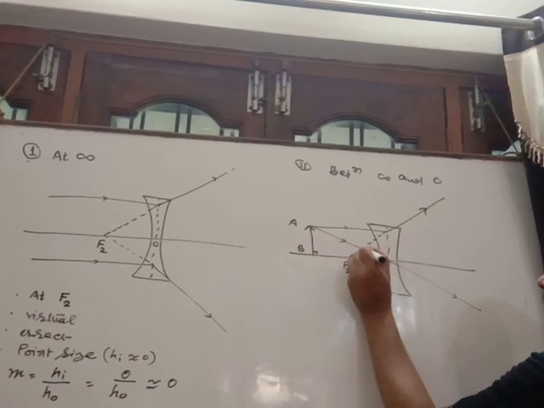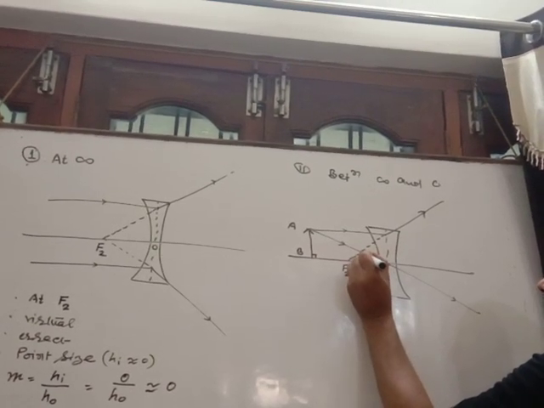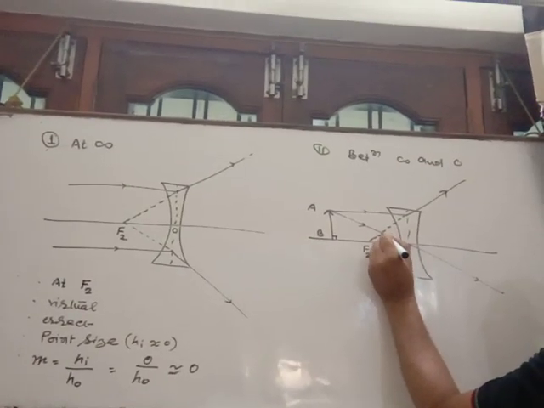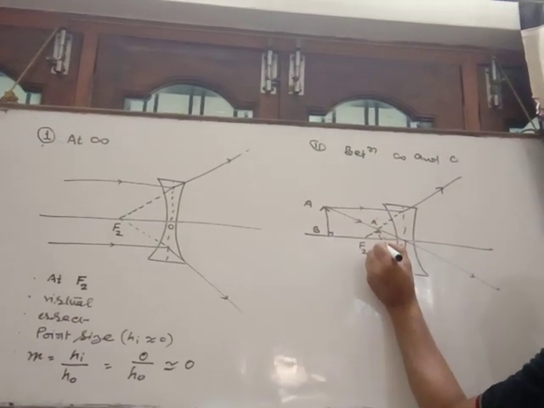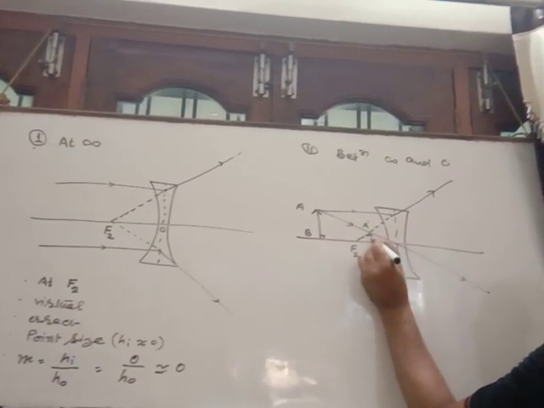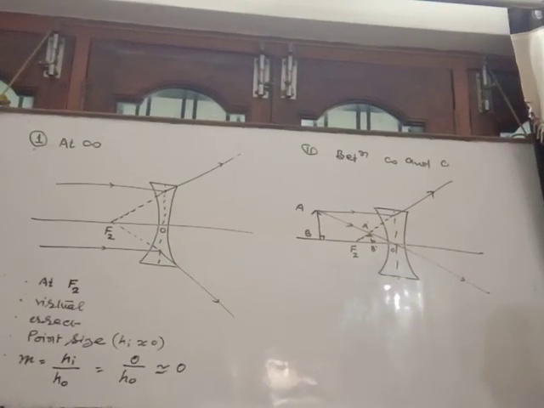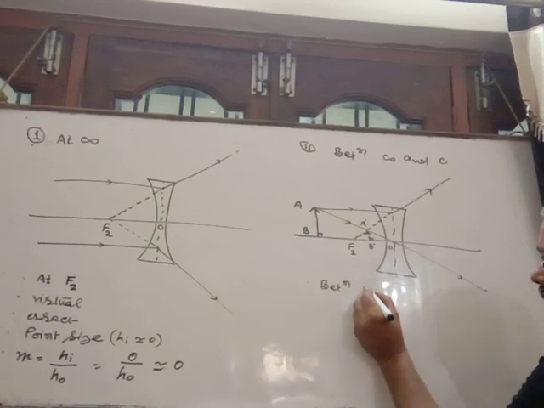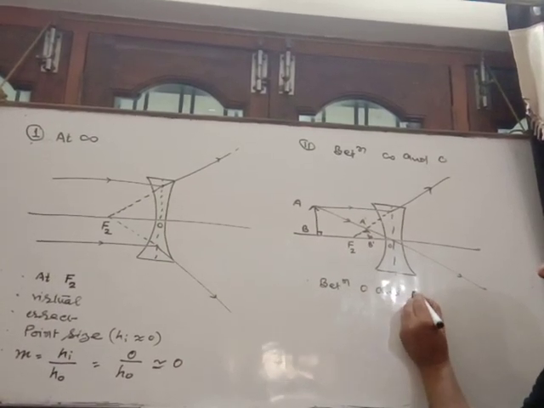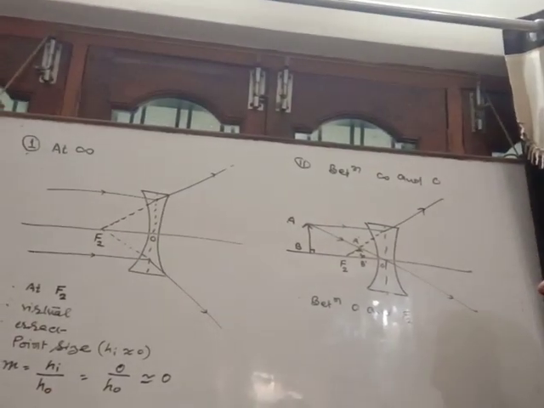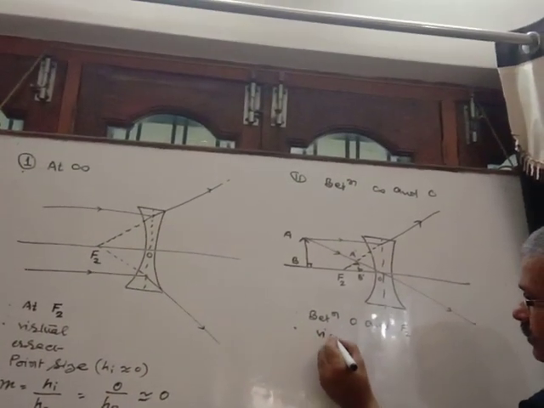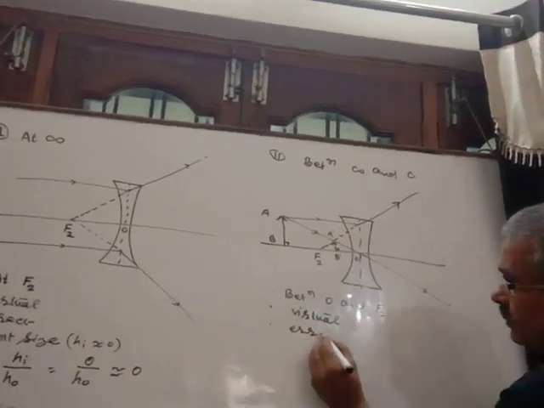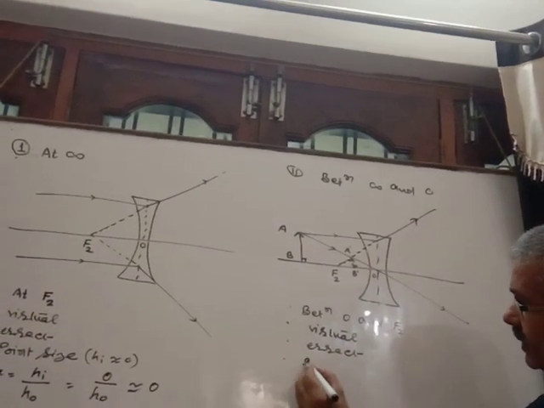See here, this is the image. It is represented by a dotted line. It is A dash, B dash. So the image is formed between the optical center and the main focus or second focus. It is virtual, erect, smaller than the object,